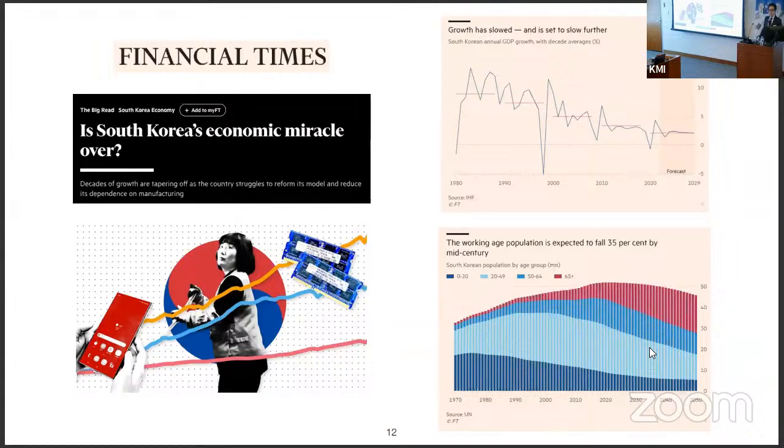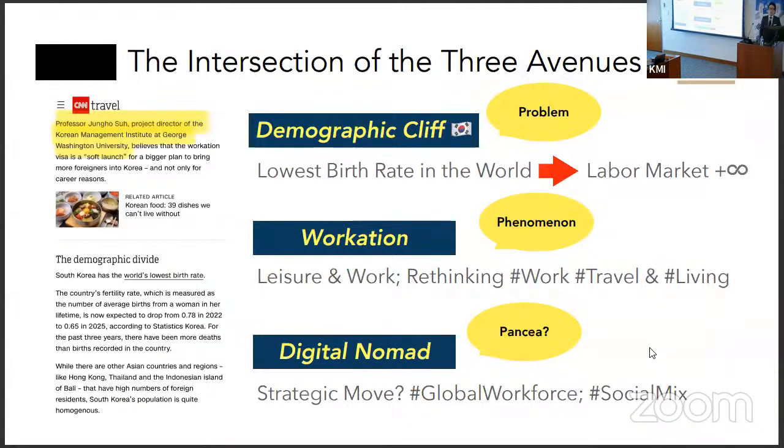Okay, considering this chart, the red bars mean the people over 65 years old. So that's what's going on. Okay, what does that mean? What's in it for us? Okay, in this audience, I broke down the topic into three sections using the same concepts and terminologies that I